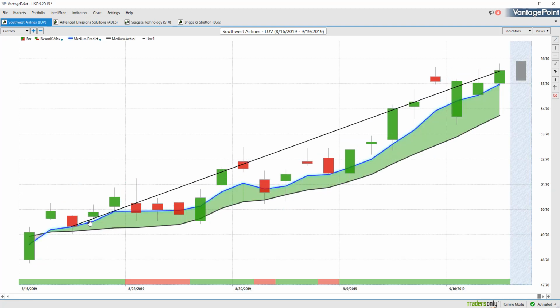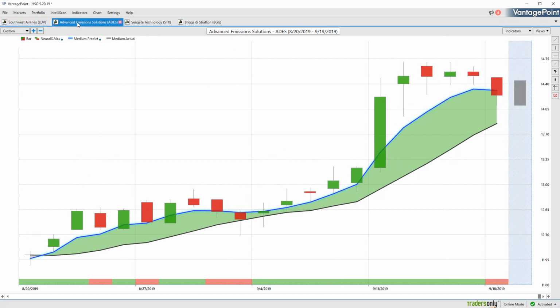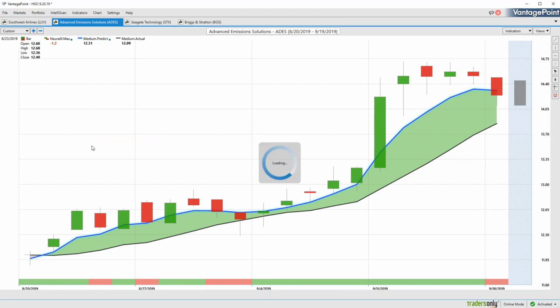But taking a look at this opportunity specifically, we've got shares of Southwest up over 12% just in the past 21 trading days. And this works exactly the same. So whether we're looking at Southwest Airlines or Monsanto stock or Advanced Emission Solutions, which we'll take a look at now, here's same thing, right? We get this blue line, or that predicted moving average, crossing above the actual moving average, telling us, look, the trend is up. Look to go ahead and get involved, obviously to the upside, and use the help of those